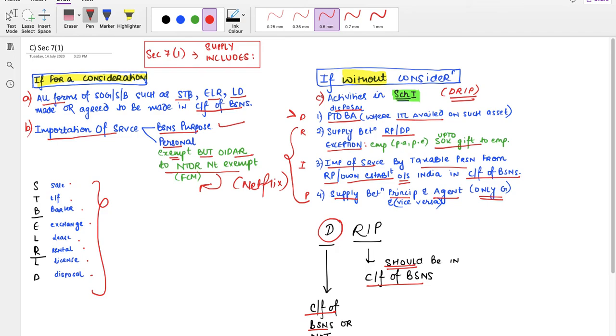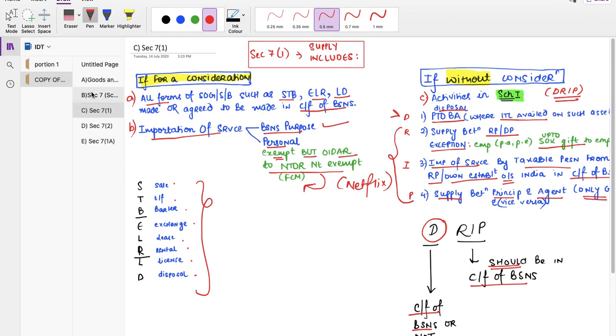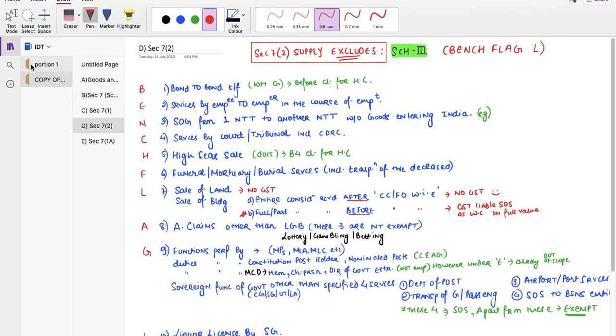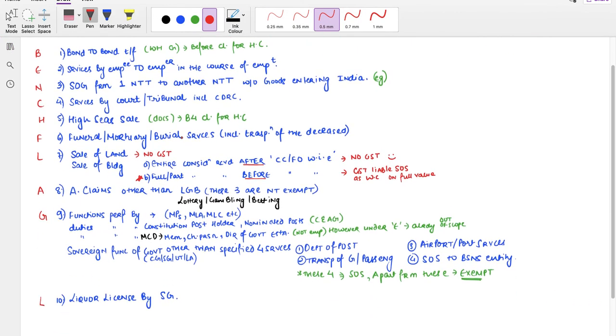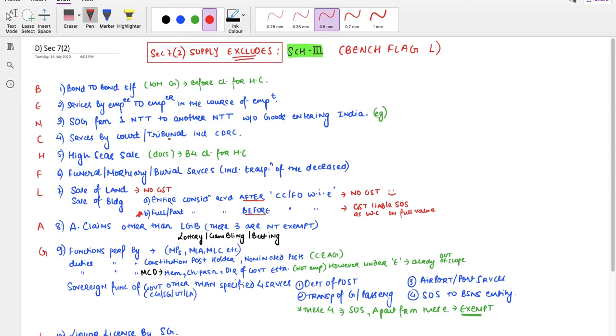Okay, so this was 7.1 that mentioned all the inclusions, all the activities that were to be considered as